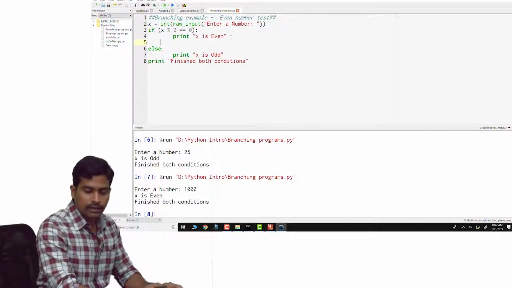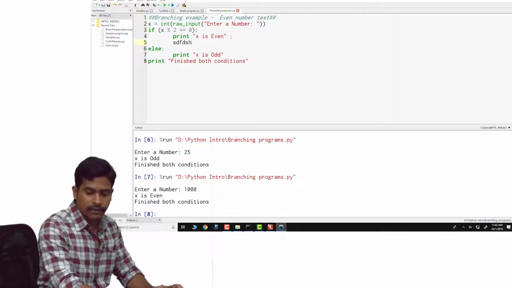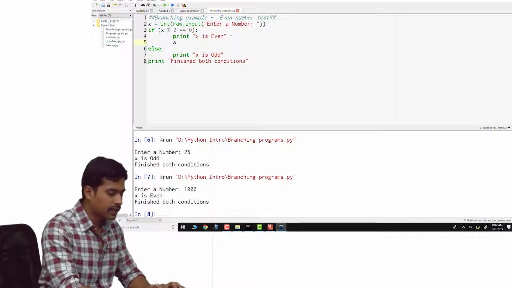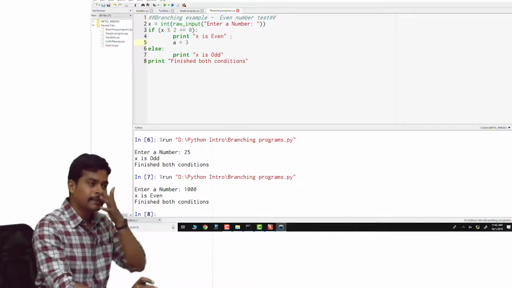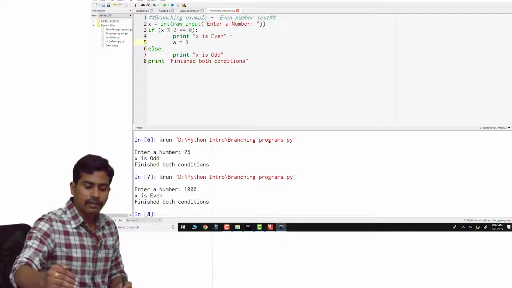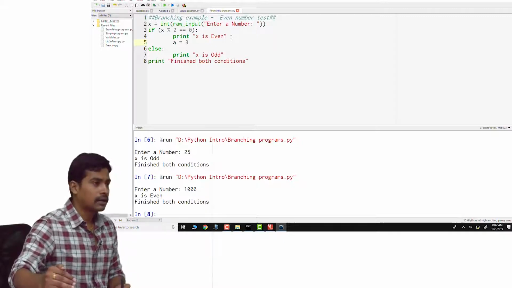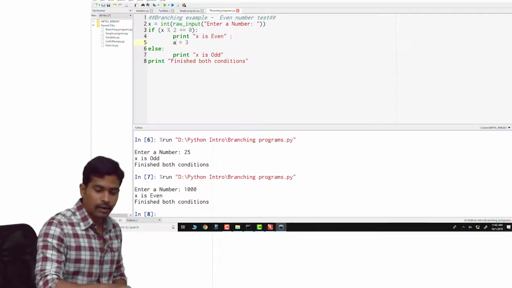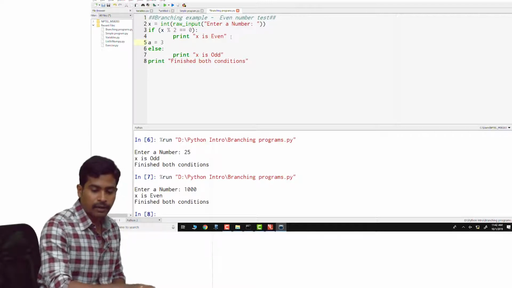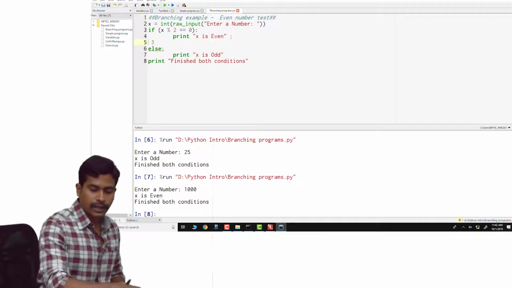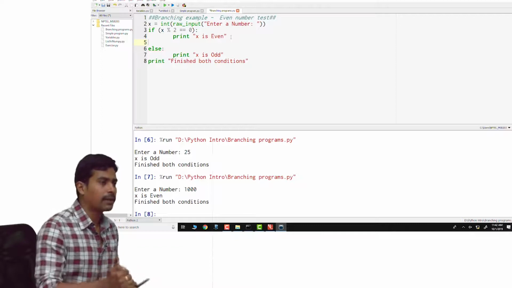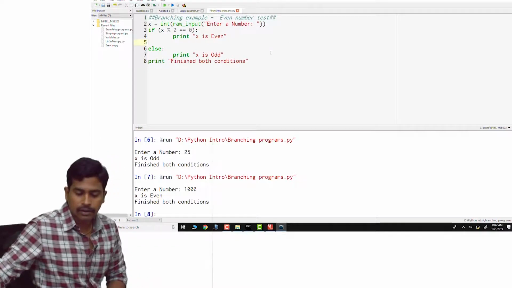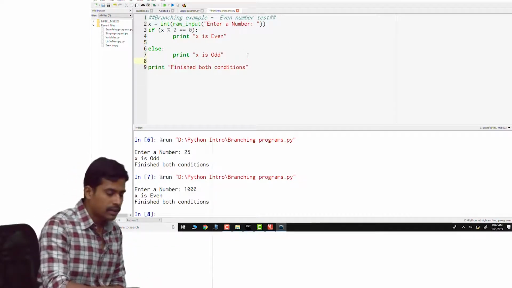Otherwise, if you write the statement here itself, for example, a equal to 2 or 3, the program will execute it in this block. If you want to execute a statement irrespective of what happens, you cannot write it here because if should be followed by else. So you have to move to the starting.